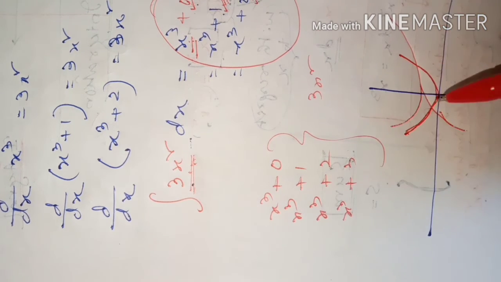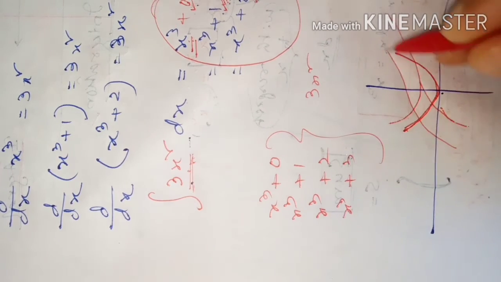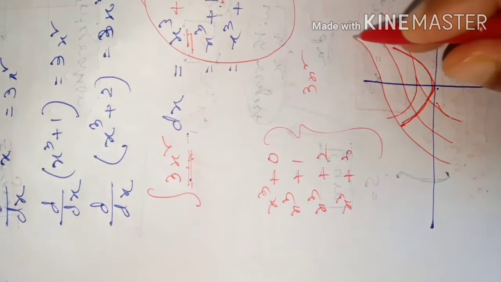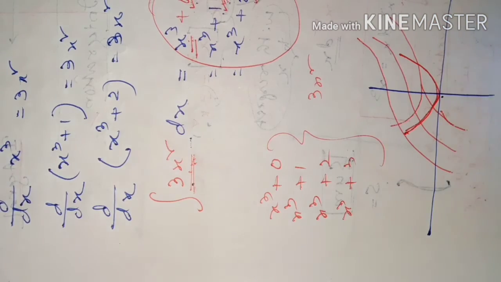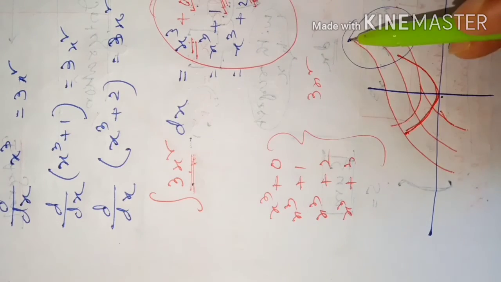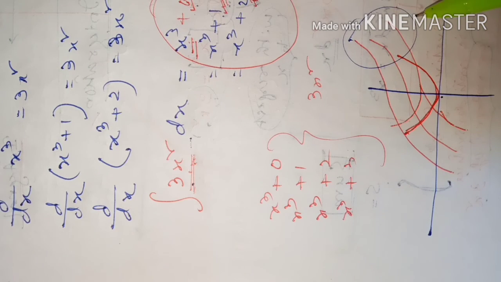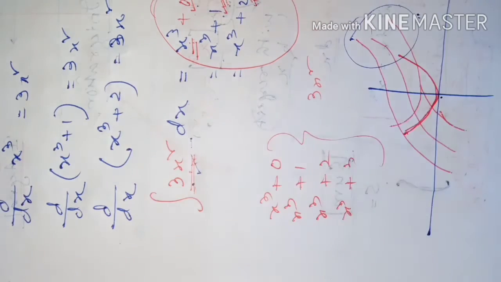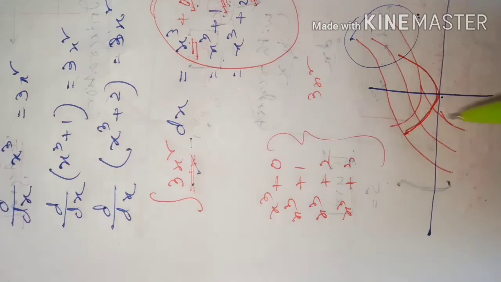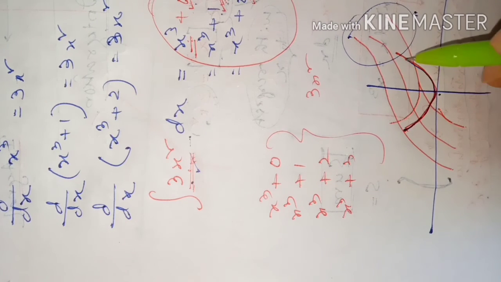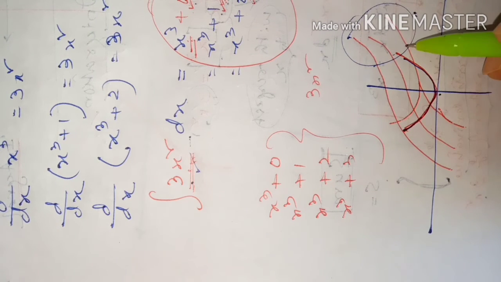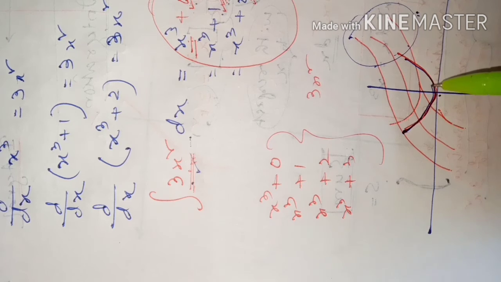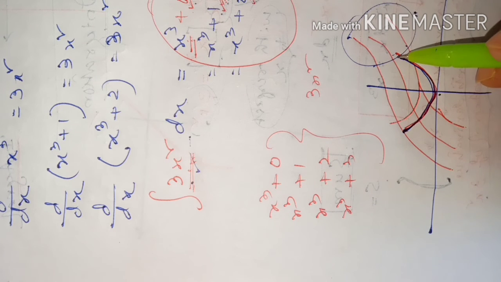This way, or x cube plus 2 this way. You will get x cube plus 3 this way. So you see, that means you will get lots of curves like this whose derivative is 3x square. This is the graph of 3x square, suppose. All these curves have got this as antiderivative. Got the idea?